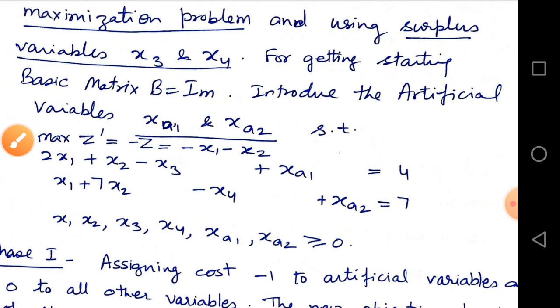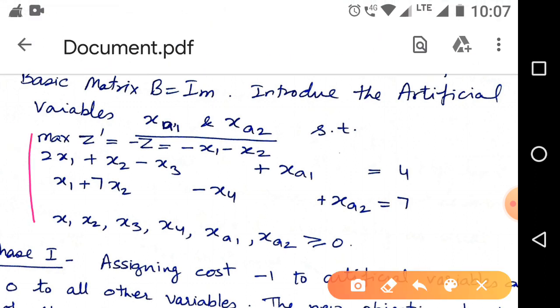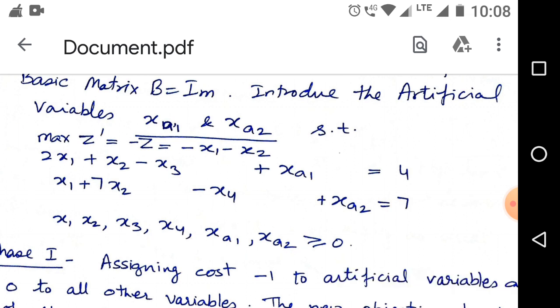Now our problem is converted into this form: maximize z' = -z = -x1 - x2, subject to these constraints, where x3, x4 are surplus variables and xa1, xa2 are artificial variables.